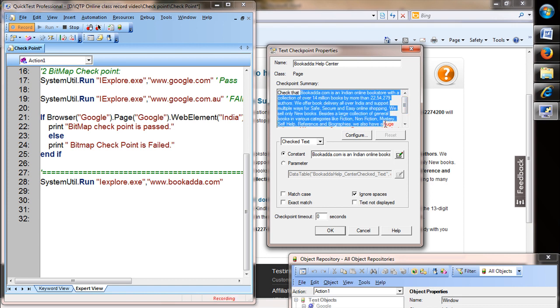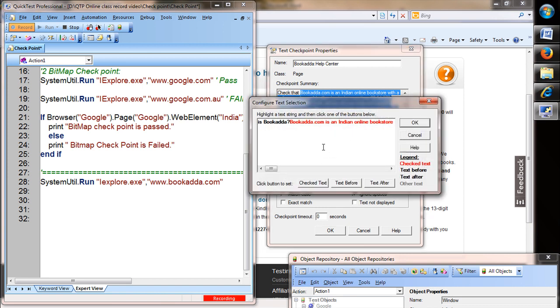Fine. QTP will catch and hold that paragraph, right? So it is displaying the text checkpoint property here. Also they've given a feature to configure this, right? So we can configure the text. Click on Configure. Using this configure option, we can check